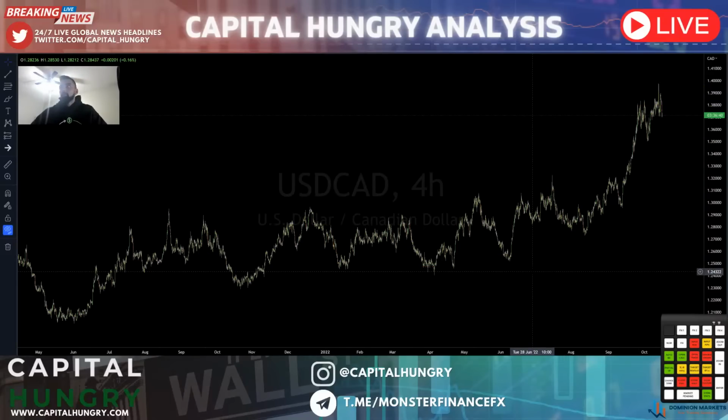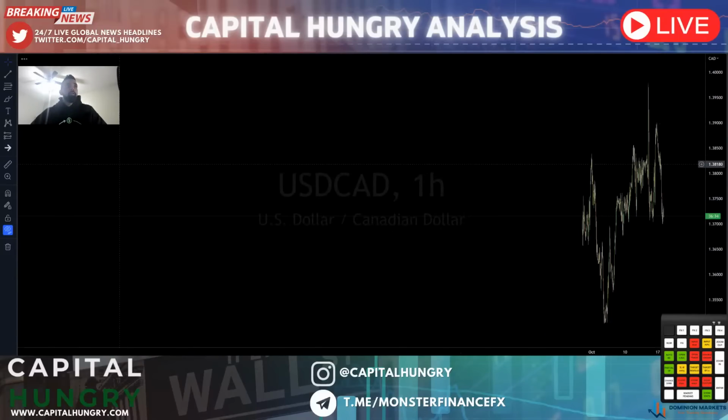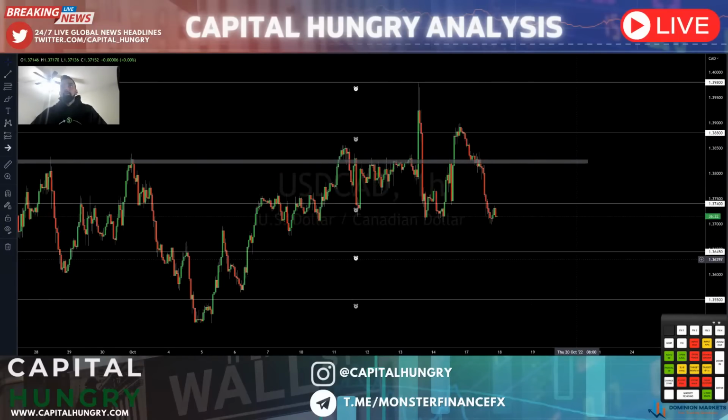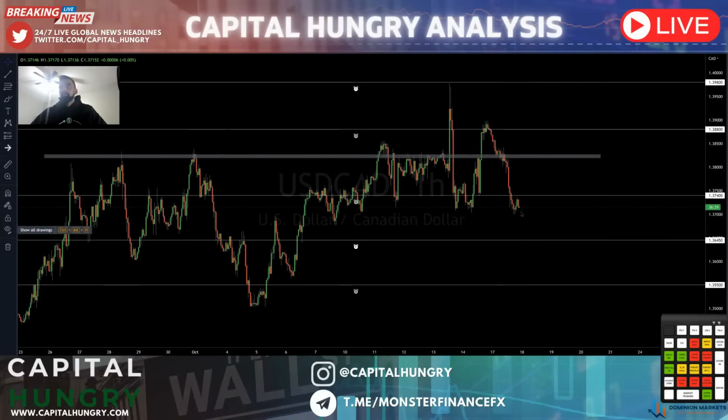Bullish market structure, bullish fundamentals, Canadian dollar weak with Bank of Canada sentiment priced in, oil still relatively bearish as well. Bringing that information together with key zones and price points of interest, 1.364, 1.355 pullback area buys, break back above 1.374, break above 1.38 would still be USDCAD buy areas.